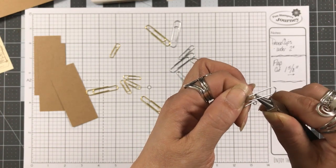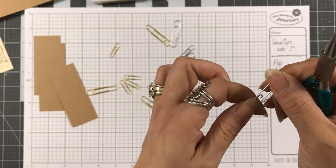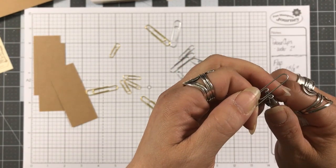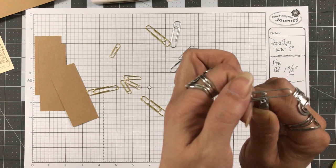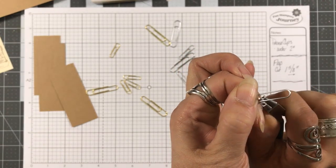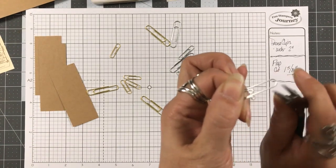And I'm going to continue to bend, to bend, to bend. And then I'm going to stop. I'm going to pull out, and you can see she's not curling yet. So I'm going to come in just on that little tip there with my tools, grab a hold, and my finger is holding this here because, when you get your paper clips from your dollar store,